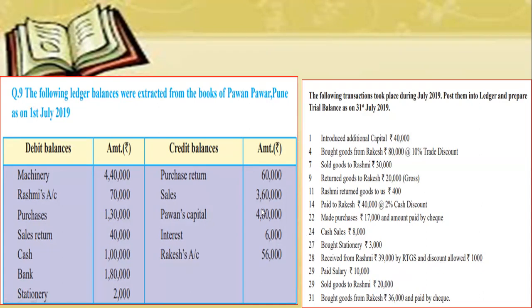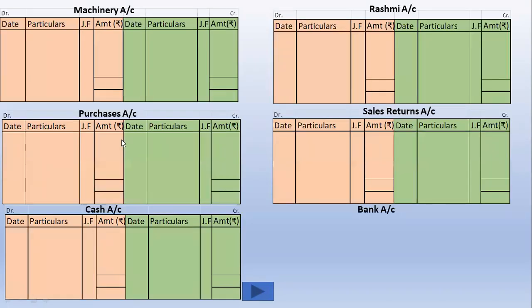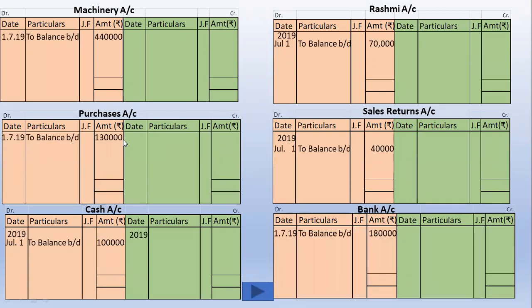In the coming slide, all the ledger accounts are reflected, which state debit balances, and thereafter the next slide reflects credit balances. Let's go to the